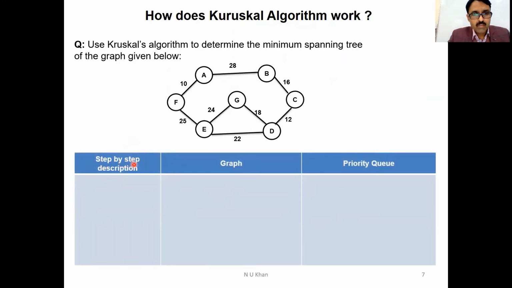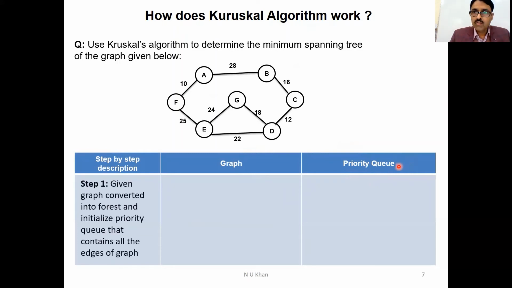So we will draw a table with full explanation. The first column is the step-by-step description. The second column is for the picture of that graph, and the third column is used for the priority queue, the snapshot of that priority queue at that moment.